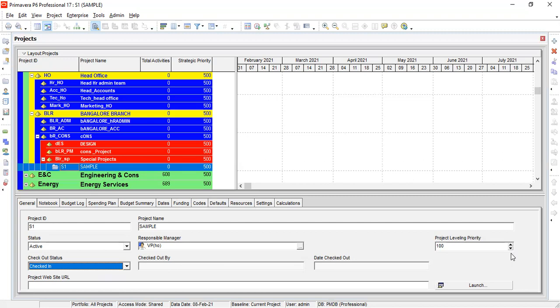Yes, sir. That date will not be calculated from your schedule. After that, only an appropriate date you have to give here. Next, is it mandatory to give this date? Yeah, these two fields are mandatory, not compulsory.